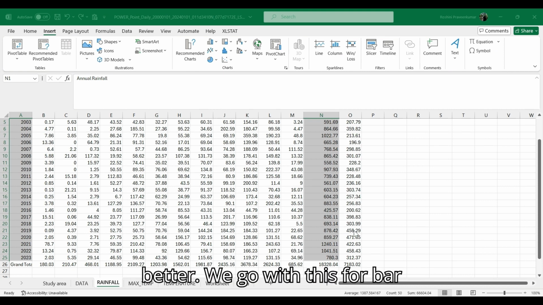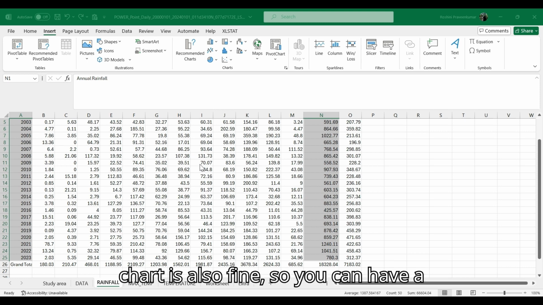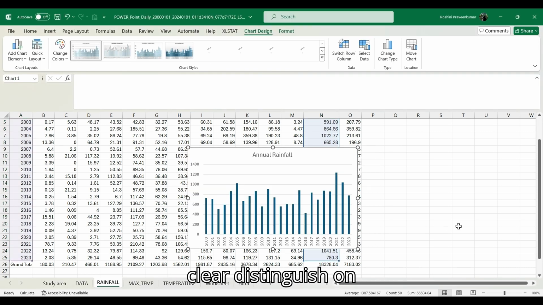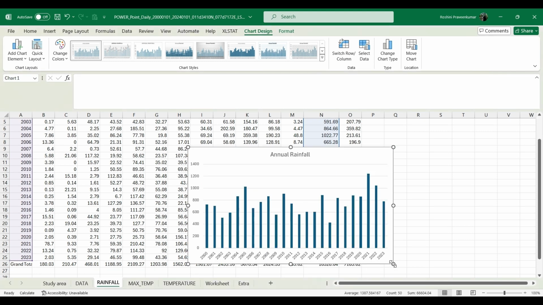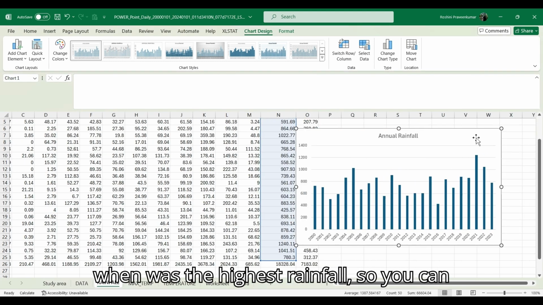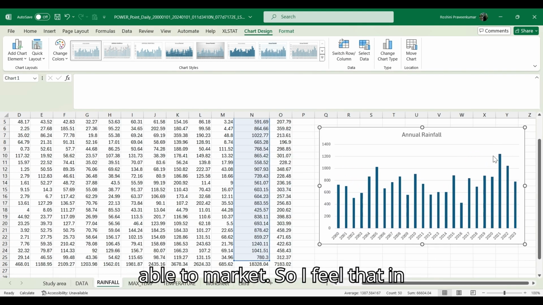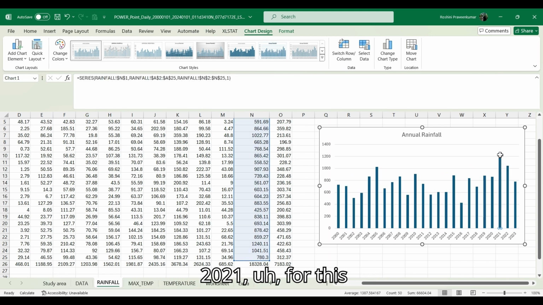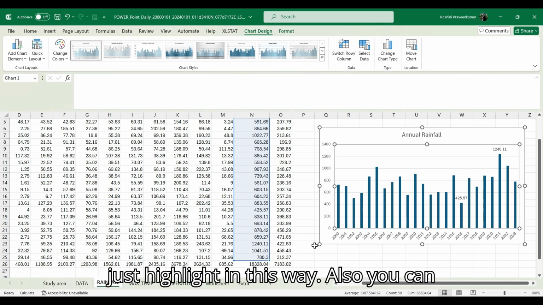Better we go with this, or a bar chart is also fine, so you can have a clear distinction on when was the highest rainfall, so you can mark it. I feel that in 2021, for this basin, it had the highest rainfall, and the least would be in 2017. You can just highlight it in this way.